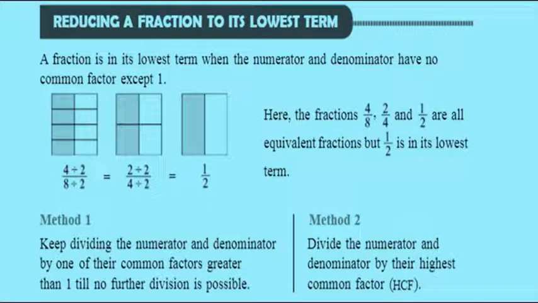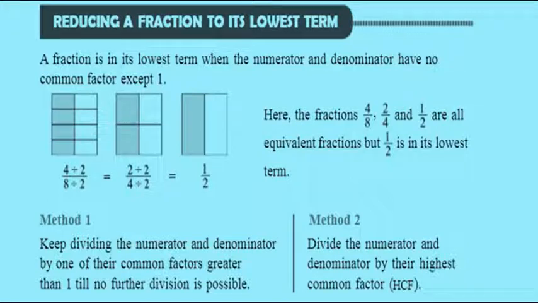So you divide 4 by 8 with its common factor 2. So 4 divided by 2 will give you 2 and 8 divided by 2 will give you 4. So again 2 by 4, it has a common factor 2. So again you divide 2 divided by 2 and 4 divided by 2. So you get the equivalent fraction as 1 by 2. Here there is no common factor between the two except 1. So 1 by 2 is in the lowest term. So the lowest term for 4 by 8 is 1 by 2.